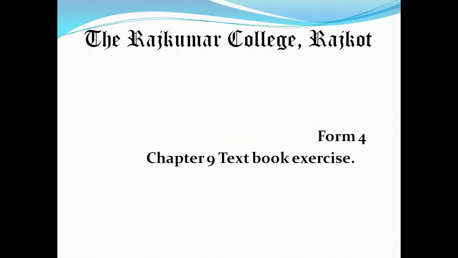This is Form 4 Computer Science Chapter 9 textbook exercise we are going to do. Children, we have already started with the brain developer page number 80, Question A, B, C, D. We have already discussed with our online classes, and even a video has been put up. I'm going to share an answer key regarding this in the ERP also. Answer key will be having brain developer page 80 question A, B, C, D and E.